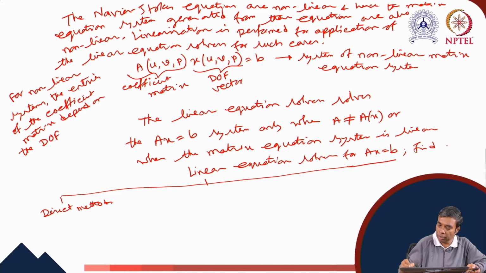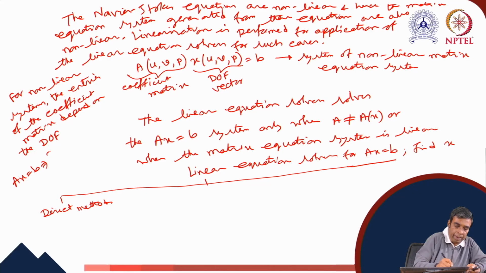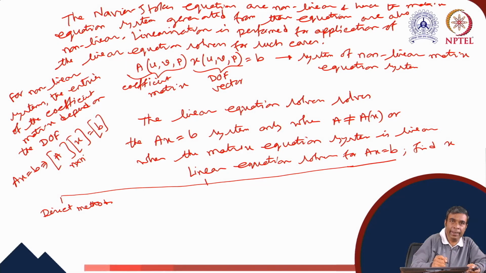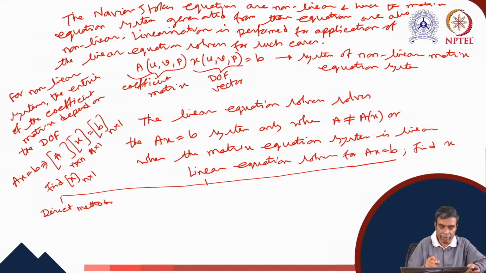From linear equation solvers we find x from the system Ax equals b, where A is an n by n square matrix, x is an n by 1 degree of freedom vector, and b is an n by 1 load vector. So our purpose is to find x. The linear equation solvers are classified in two fundamental types: direct methods,